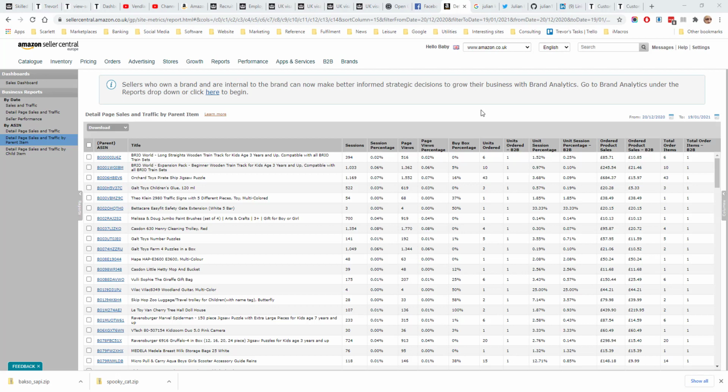size or a colour. So you might have a fur coat, and that fur coat will come in sizes medium, large and small. So the parent would be the fur coat, and the child item would be the 3 different sizes. This data is broadly divided up into performance of the listing, so the page views, buy box percentage, and